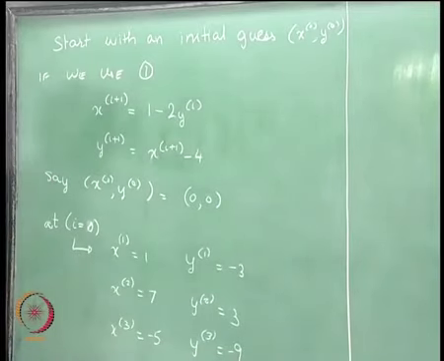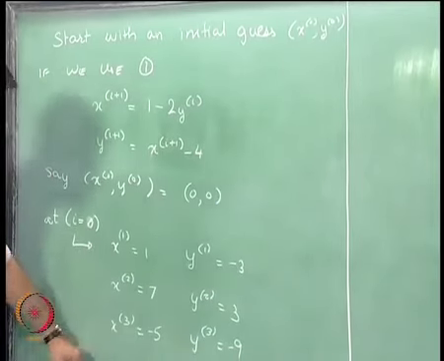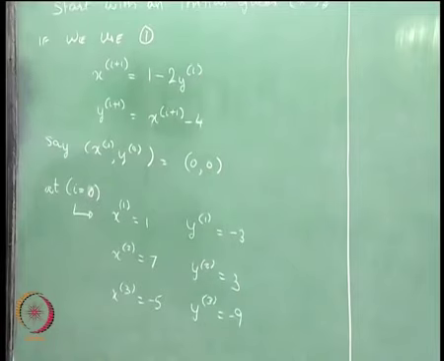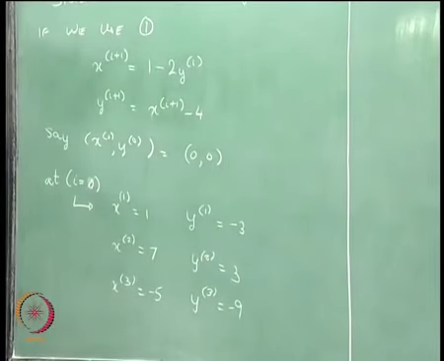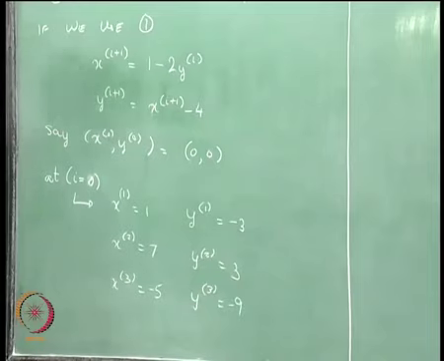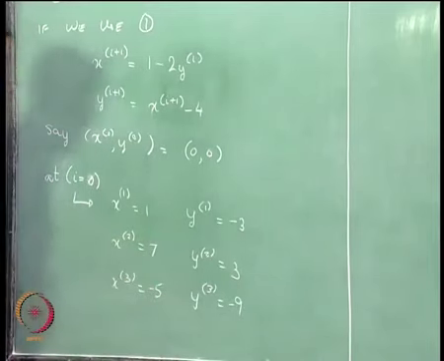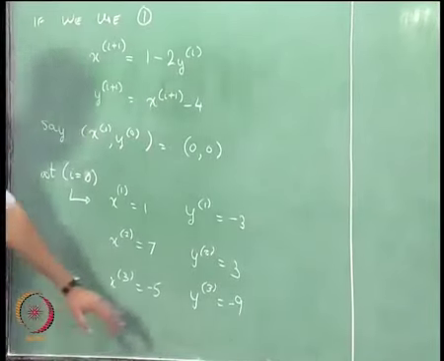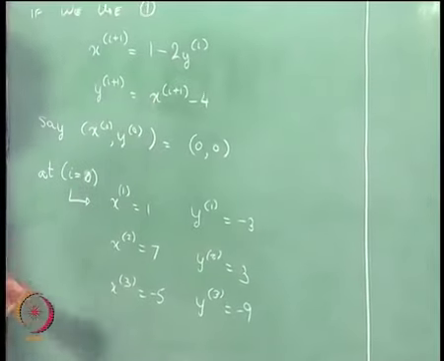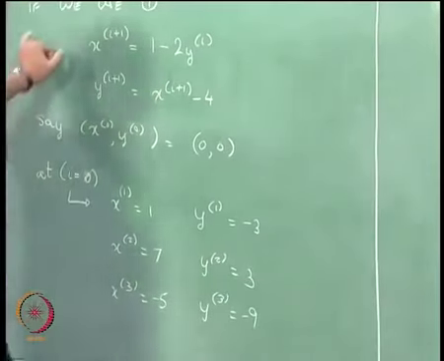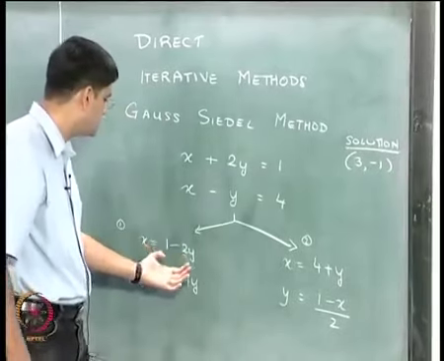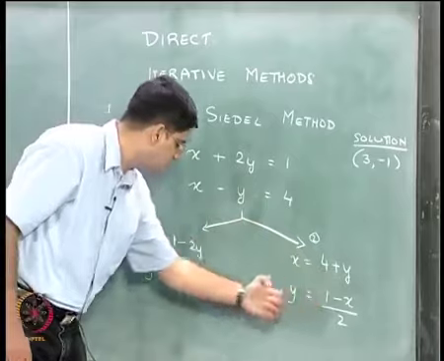Okay. And we continue doing this over and over again, and we will find that this particular solution does not converge to the actual solution x equal to 3 and y equal to minus 1. So we keep on repeating the process, and we will find basically that x is going to go to minus infinity or plus infinity, and y is also going to quickly diverge to plus or minus infinity. Okay. So that is what happens if we naively use form 1, that is this particular equation is recast in this form and this particular equation is recast in this form.